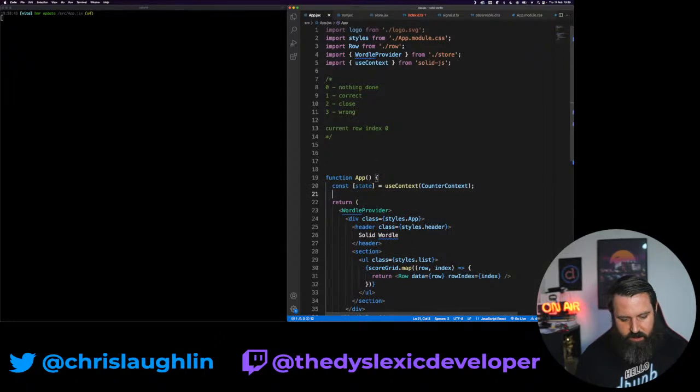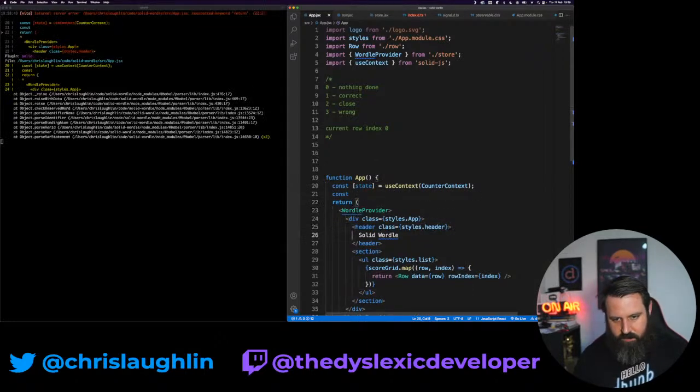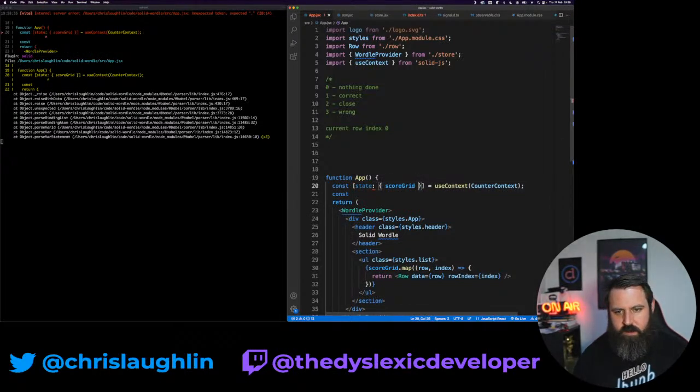And then we're going to say const score grid. So we'll deconstruct score grid from our state, which I guess we could probably do here. Stop rattling. What's this complaining about? Extra space or? Oh, you can probably deconstruct an array as well as deconstruct the value out. So we can say